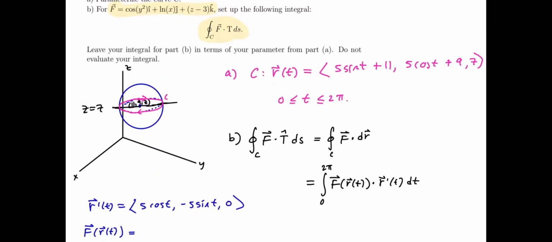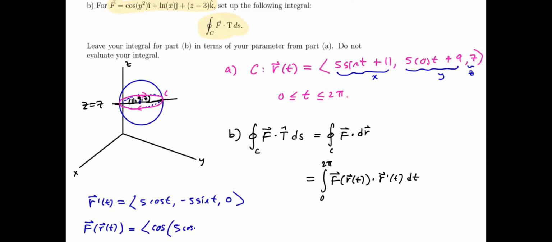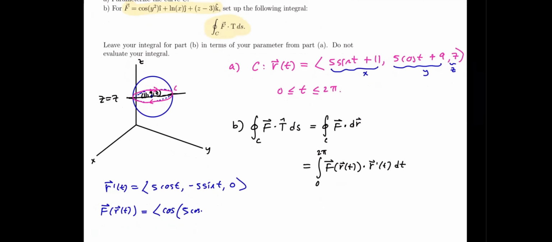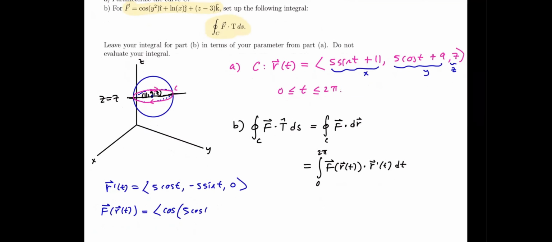So we're going to sub in our components. So we know this is the x component, this is the y component, and that's the z. We're going to sub them into our field f. So f of r of t, let's write it component wise. So we'll have cosine of y squared. So y is 5 cosine of t plus 9. So hopefully you can see this. I'm just going to make it a little smaller. Okay, so this is going to be 5 cosine of t plus 9 squared,